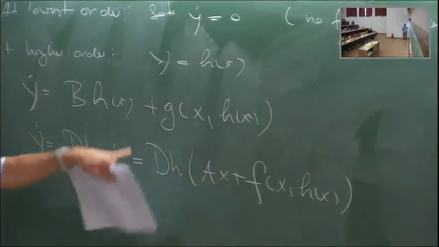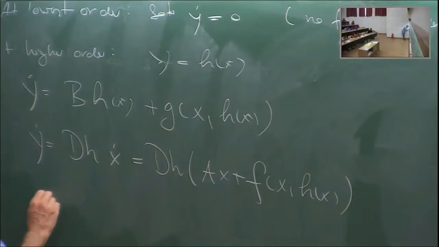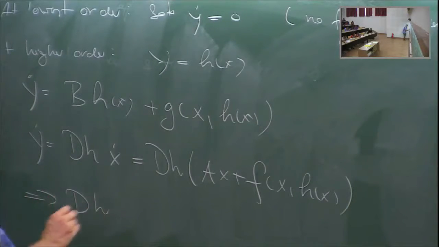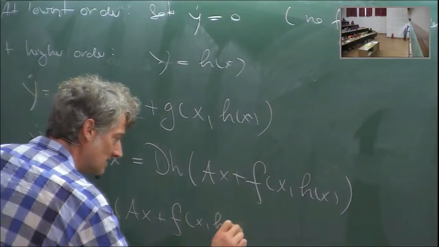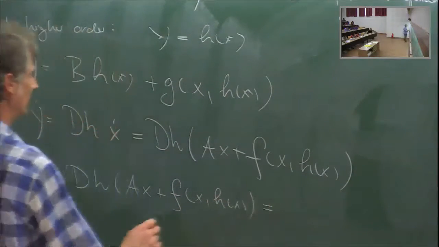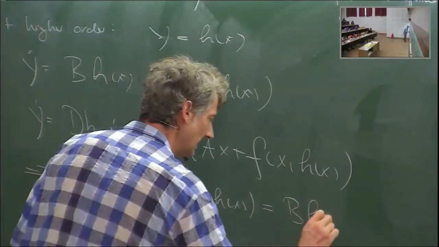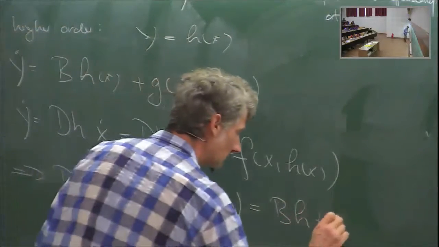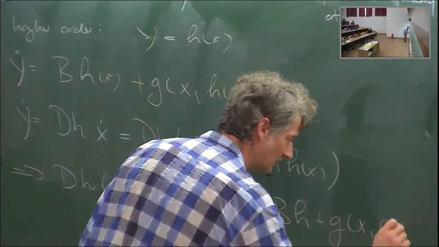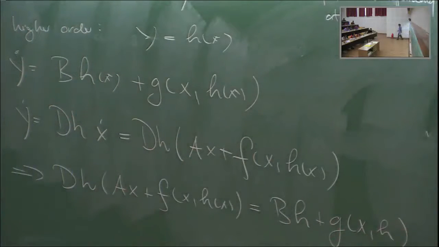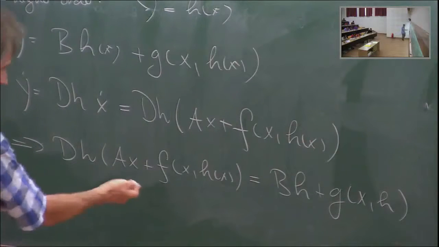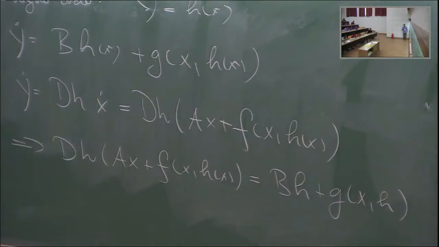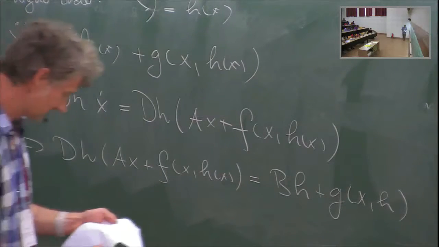So now we have a quasi-linear equation for h. So dh times (ax plus f of x, h of x) equals bh plus g of x and h. So this is now a quasi-linear PDE for h. No one wants to solve this. This is far too complicated. So let's do it approximately. And approximately,